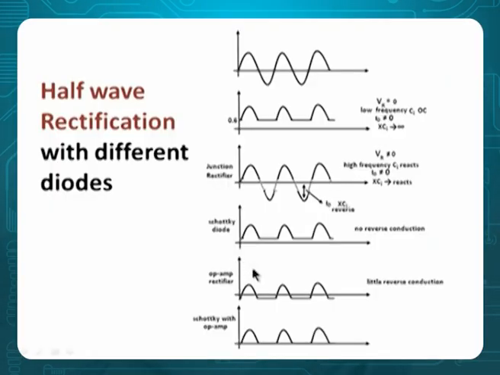There are two problems in a junction diode as a rectifier. One is cut-in voltage, up to 0.6 there is nothing. Second is at high frequency an internal capacitor comes into the picture, and then there is conduction even at high frequency, even in the negative cycle. Therefore, how to solve these two problems? You can solve them by metal-semiconductor diodes and Schottky diodes,